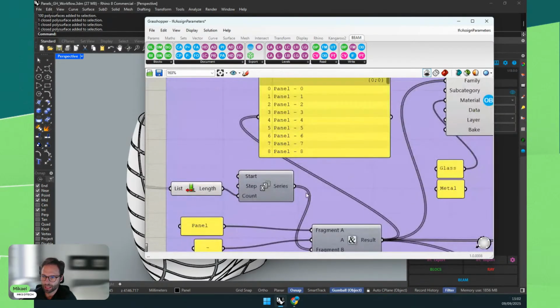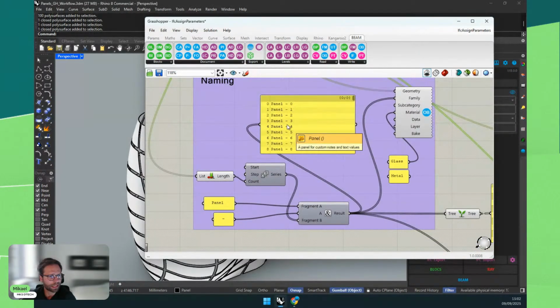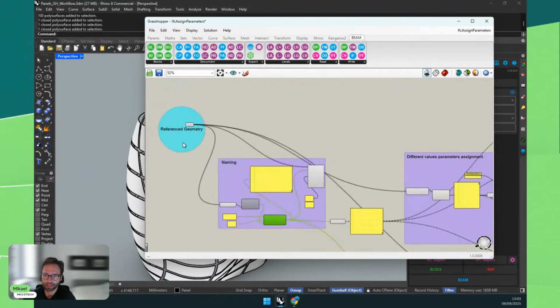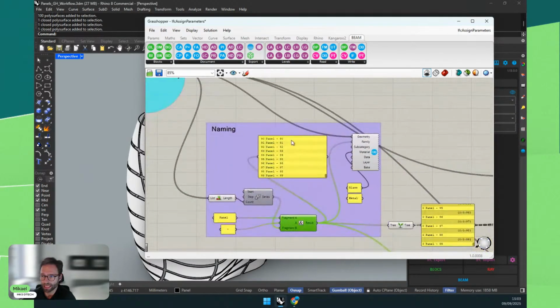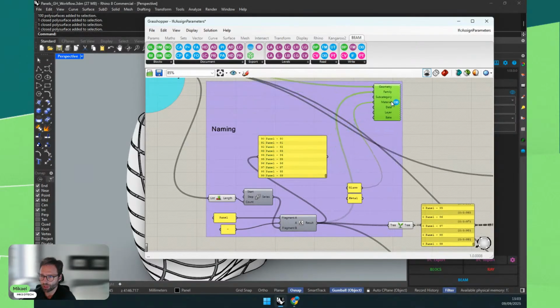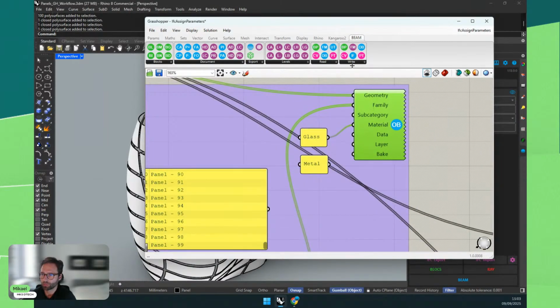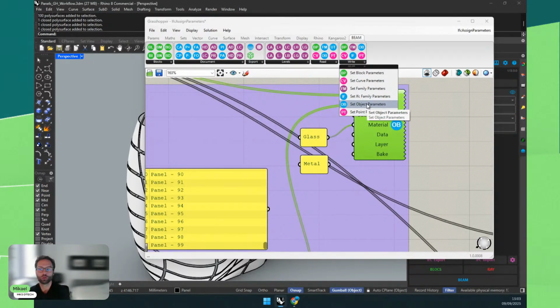But the idea is that we are creating some naming system. So we just name them in sequential order, from panel 0 to panel 99. So we concatenate the number of panels with the names. And then we also want to assign some parameters. So we are using the set object parameters node, and these will assign information to loose geometry.